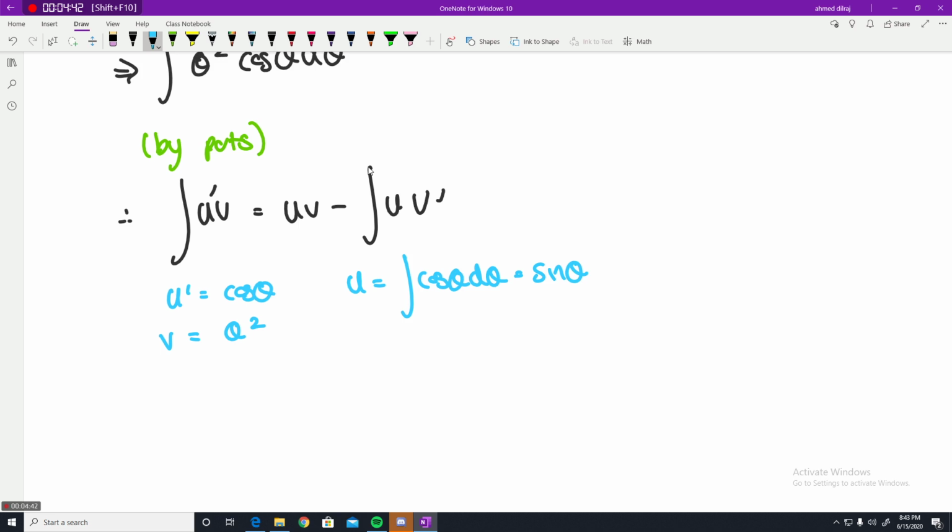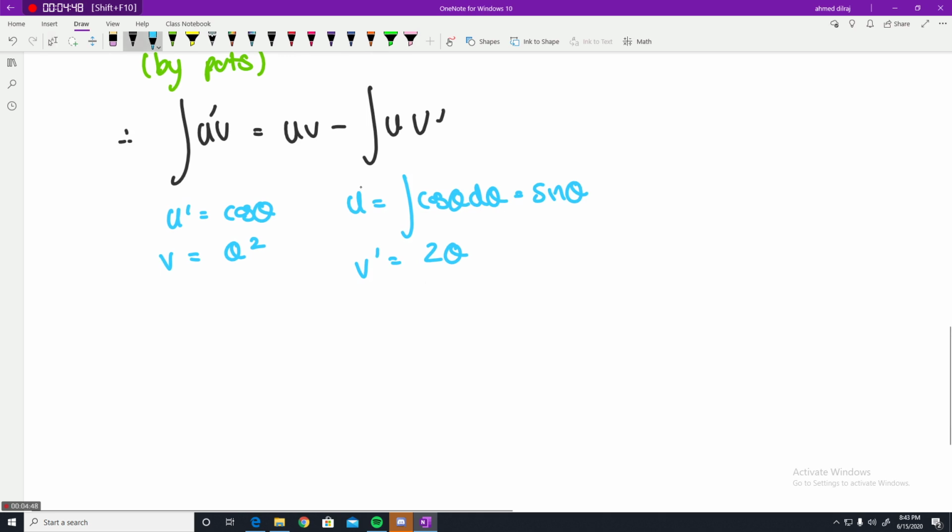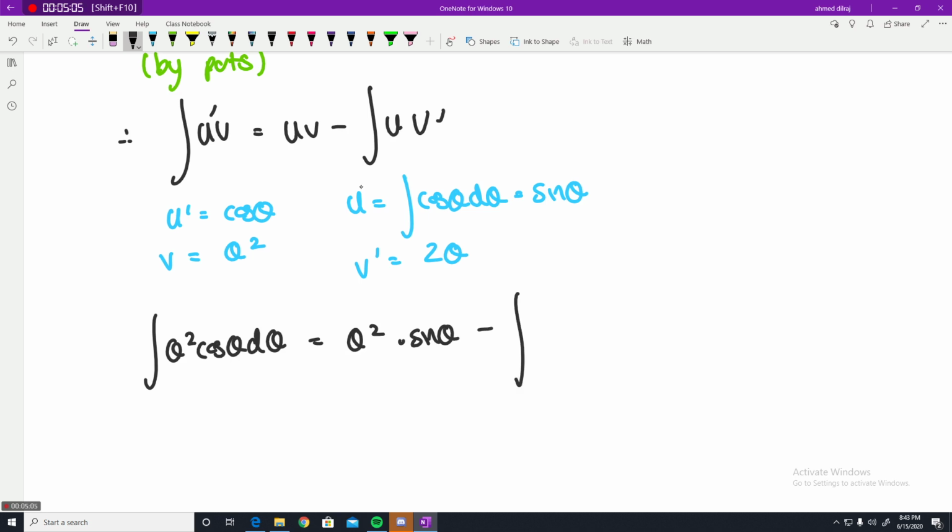And v, the derivative of v is v prime, which is 2 theta, right? So now we can make direct substitutions into our by parts formula. So the integral of theta squared cos theta d theta is equal to uv, so this is theta squared multiplied by sine theta minus the integral of 2 theta,